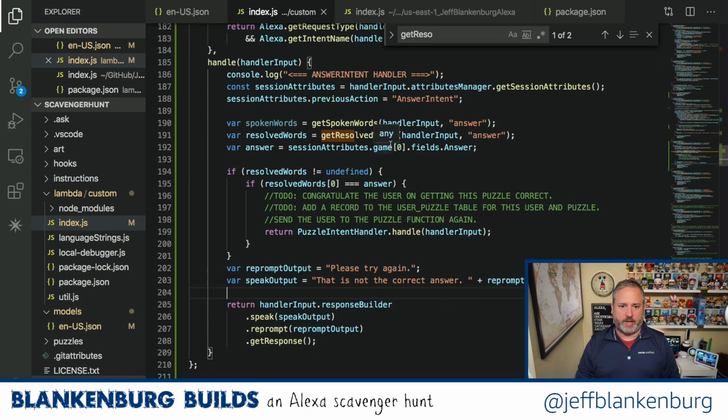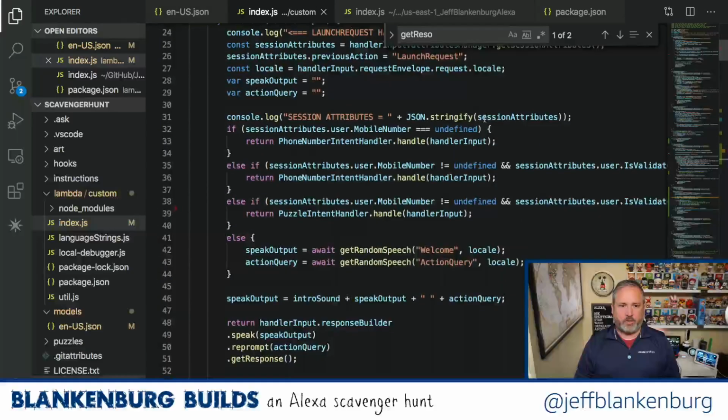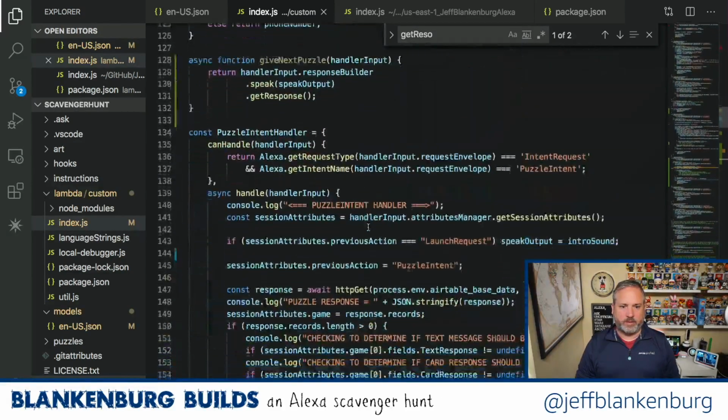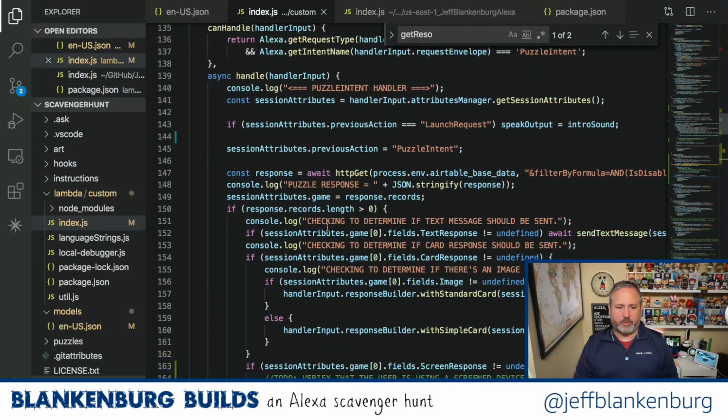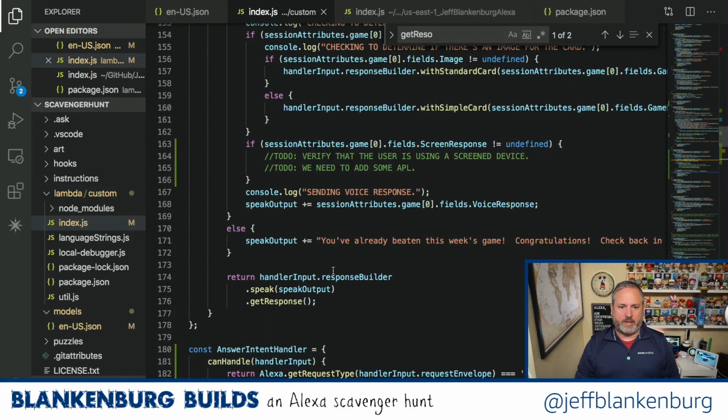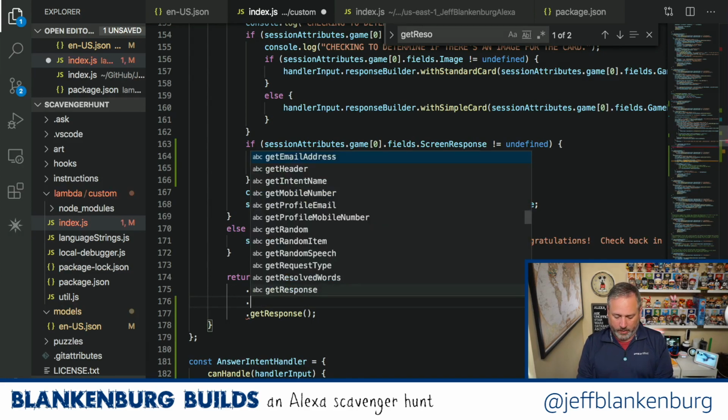I've just realized that I have an issue with my logic. So if you come in here and you're validated and everything works, I kick you to the puzzle intent handler. The puzzle intent handler is this one. This is where I go out and I decide what your puzzle response should be and all that stuff. And then I decided for whatever reason that I wasn't going to reprompt you. But if I do that, then you never ever get to talk to Alexa. You would have to say, tell Scavenger Hunt that the answer is, right? If you open the skill, you wouldn't get it. So I'm going to have to say, reprompt,